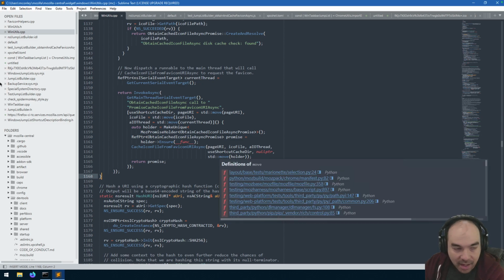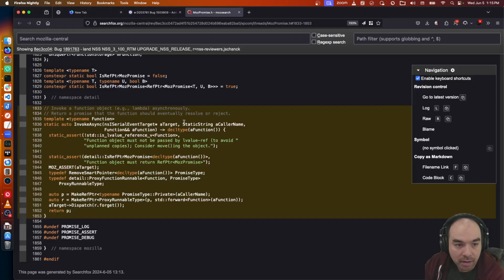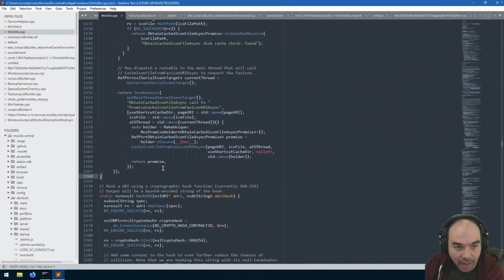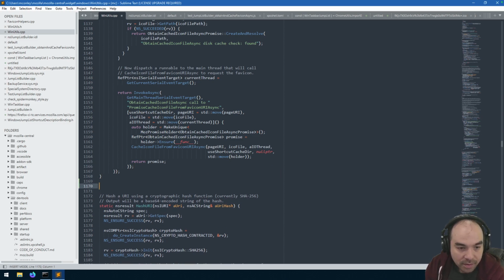So he says that I can use this form of invoke async, which takes an event target, a static string, and then a function pointer. Invoke a function object asynchronously, return a promise that the function should eventually resolve or reject. Okay, let's try it. So what we need is a function that accepts these same arguments that are being captured in this lambda. So let's create a static method, another one.